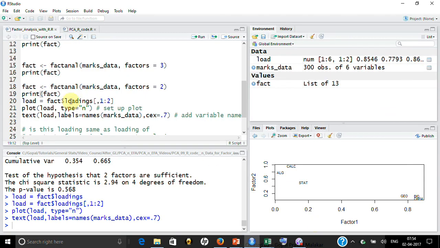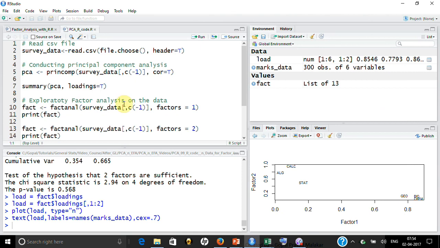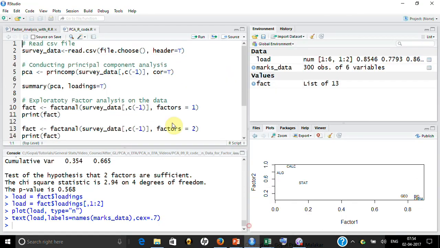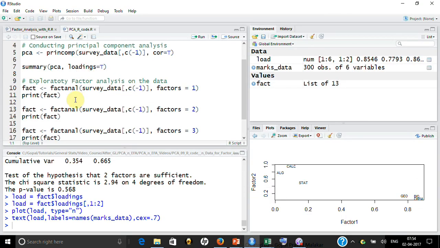So here is the data set on which we did the principal component analysis. This was the survey data on which we did the principal component analysis. Can we get the latent factors here? Let's just try. On the same data set, I'm just trying with factor 1.